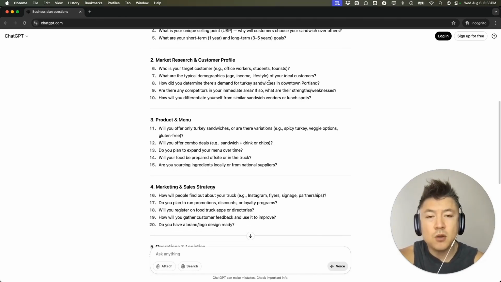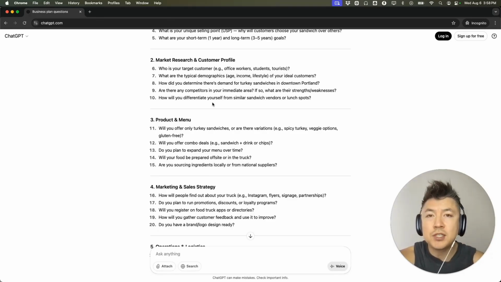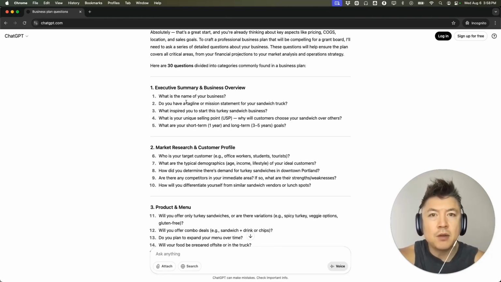So these are some really great questions to put together a good business plan, because once this is put together, whoever you're applying for the grant or the loan, they're going to get a good idea of who you are and why you're starting this business and what your business is going to do. So let me go ahead and fill this out, and then I'll check right back in with you guys.